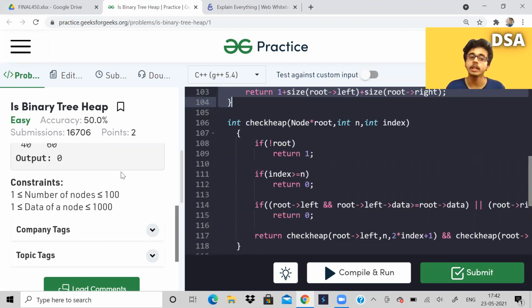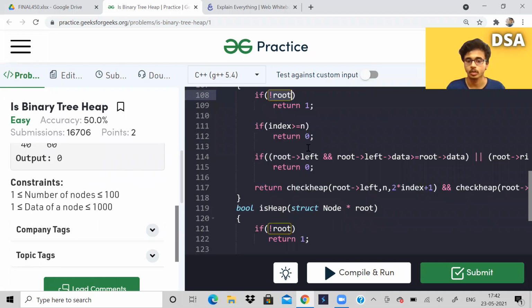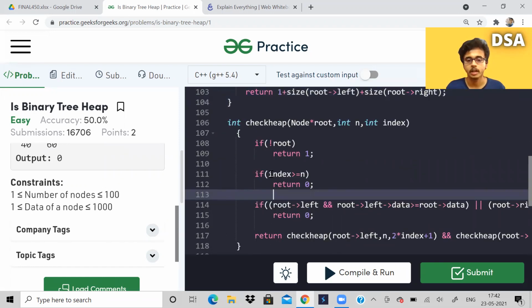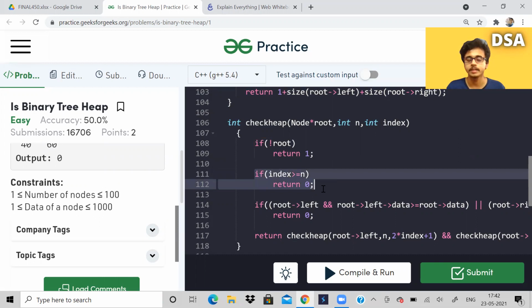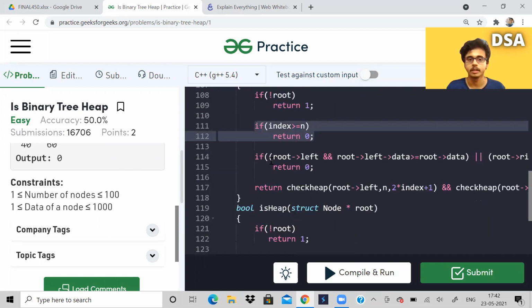Even if it was greater than or equal to 1, we need this condition, because the moment we reach a null value, we have to return something. So that is fine. Now what is this index greater than or equal to 1? Let us see that. For now, just keep this aside.